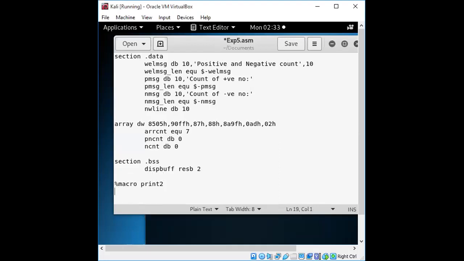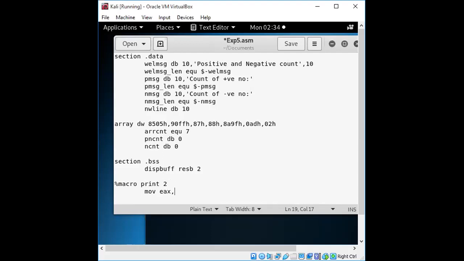Here we'll use it for printing, because if you use a read macro, it would be referred to for taking input. As here we want to print something to the output window, we'll take only one macro, which is for printing something.